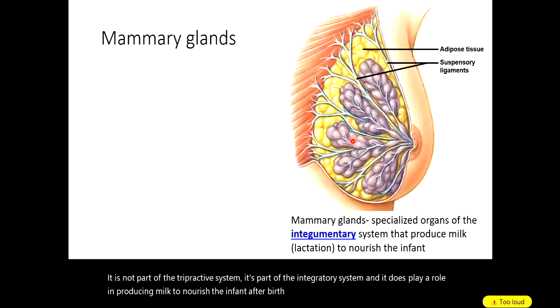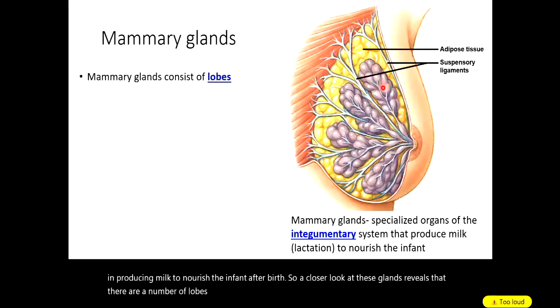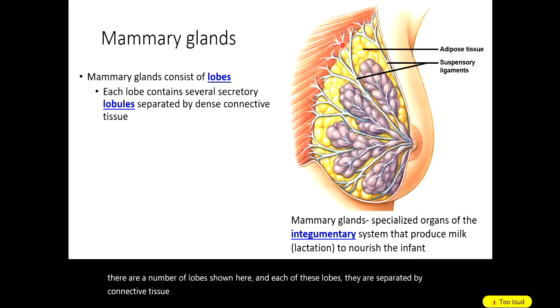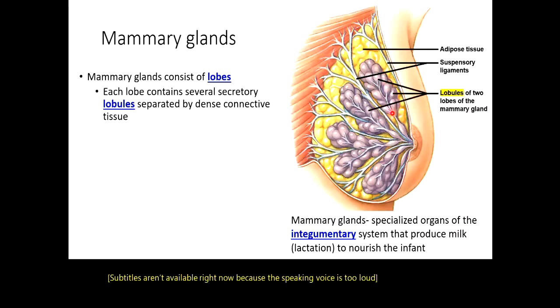So a closer look at these glands reveals that there are a number of lobes shown here, and each of these lobes is separated by connective tissue, which is connected to the underlying layer of muscle. So the pectoralis muscle, to that these connective tissues will be linking it. And each of these lobes, we notice, is going to have a number of lobules, which will eventually lead